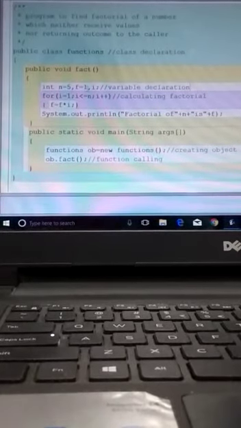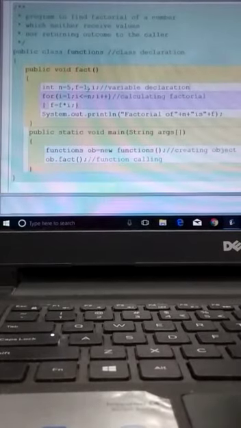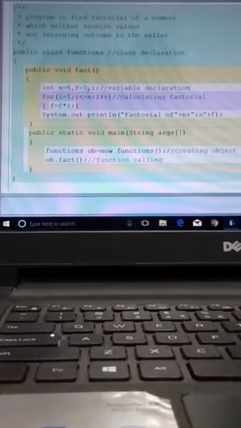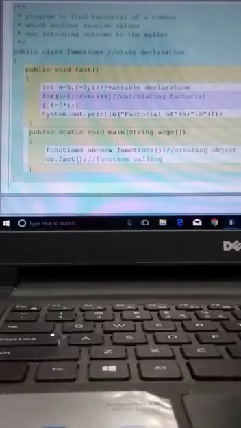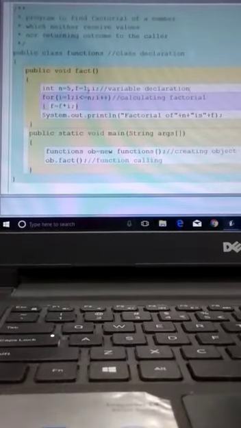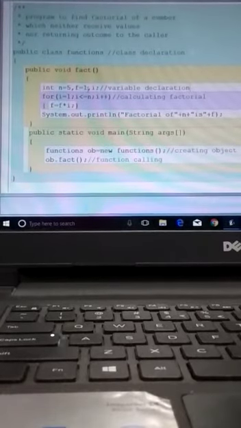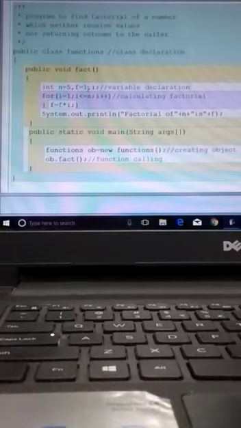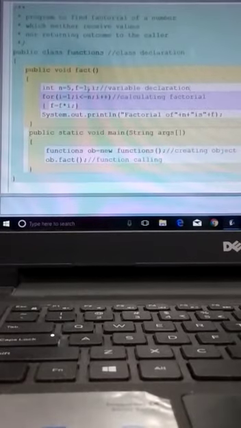Why we have taken 1? Because we have to multiply the number again and again to find the factorial. Suppose for 5 factorial we have to multiply 1 into 2 into 3 into 4 into 5. So in order to find the multiplication, we have taken initially f equals 1. Do not take f equals 0, otherwise your whole answer will be 0. Then we have taken the looping variable, that is i. So we have done the variable declaration over here.